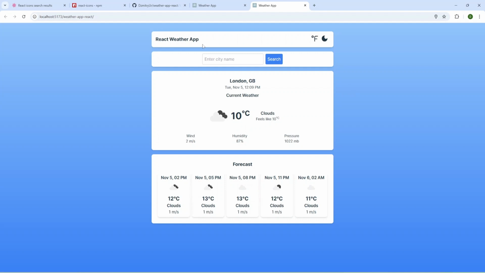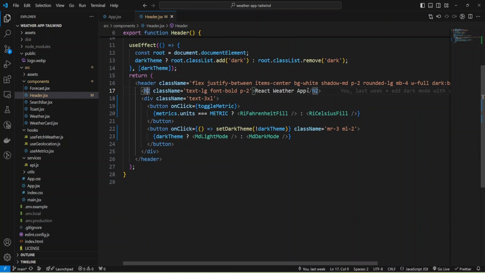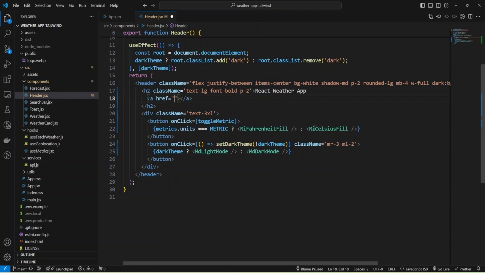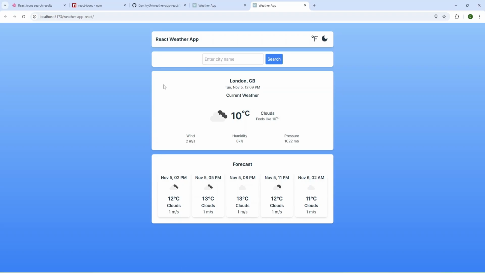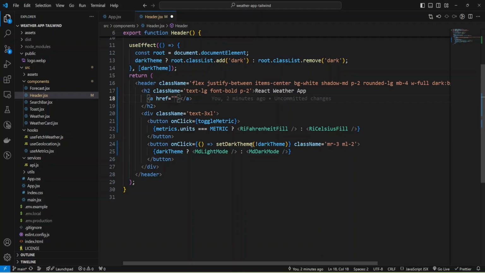And now I would like to add a link to my GitHub source code and to a YouTube video, and I'll add them after my React Weather App header. Let's go to the code, and inside the header, I'm going to provide an a tag, and as a link, I'm going to copy and paste my GitHub address of the repository.